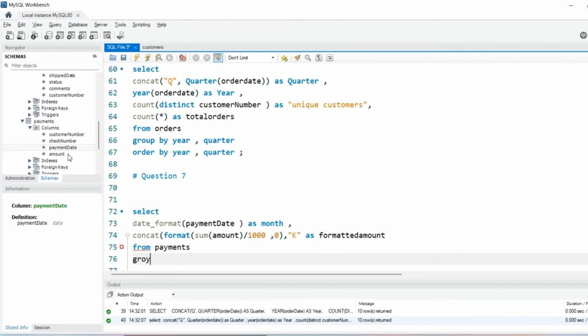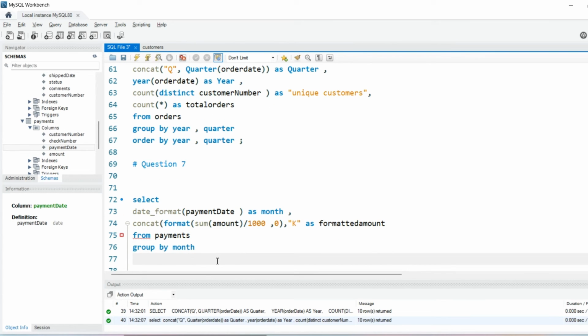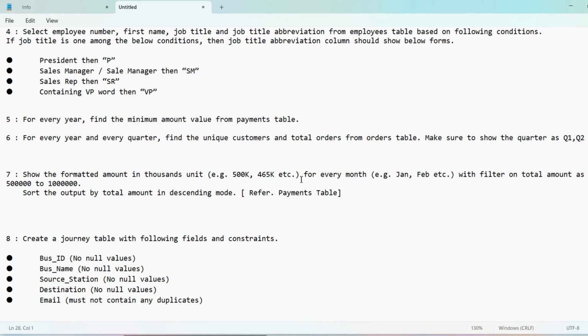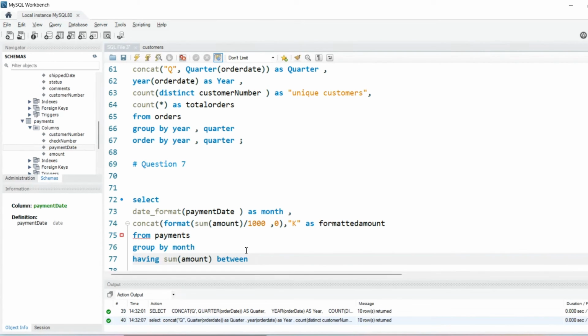right? Payments group by month, because I use an aggregate function over here, that's why I'm using group by, or having sum of amount. You can use a where clause also if you want, but I'm using it before I forget. What was that? Where it went? Okay, this one, right? Copy